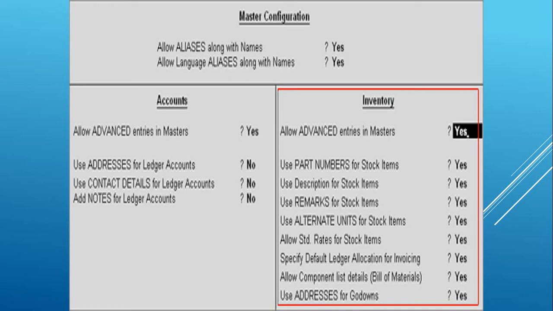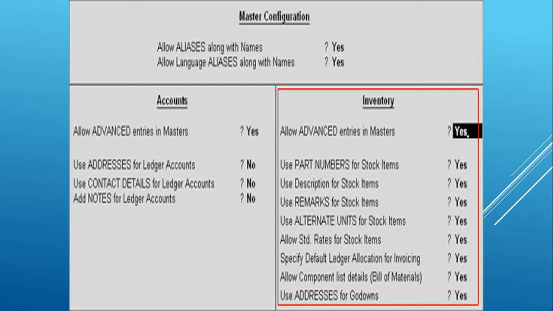Allow component list details, that is bills of material. By enabling this option, it allows us to specify the components which are present in a product. For example, in medicines or in food items, the different components or ingredients used in the product are mentioned.